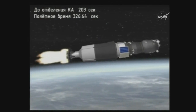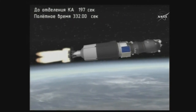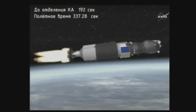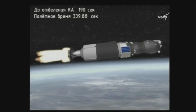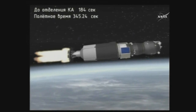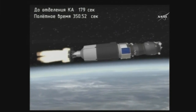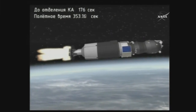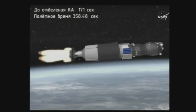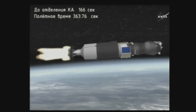320 seconds, all booster parameters and onboard systems are nominal. 330 seconds, the third stage thruster operates nominal. Third stage engine continues to burn normally at the 5 minute 40 second mark into the flight. Just over 3 minutes of powered flight remaining. 350 seconds, all nominal. 360 seconds, yaw, pitch, roll